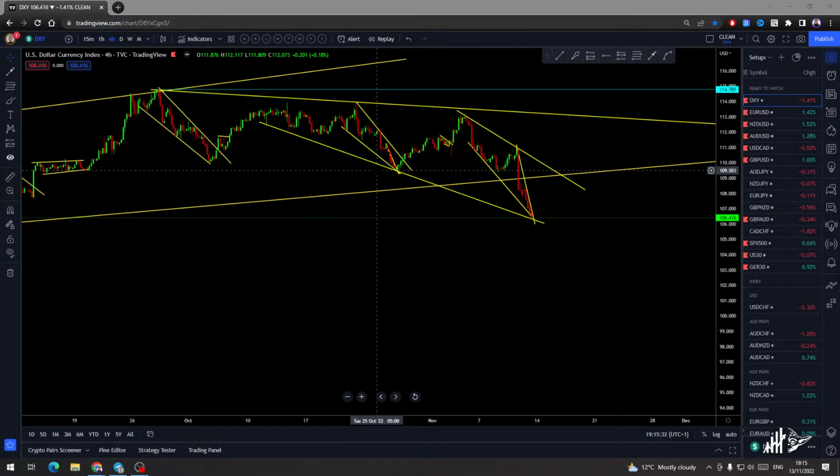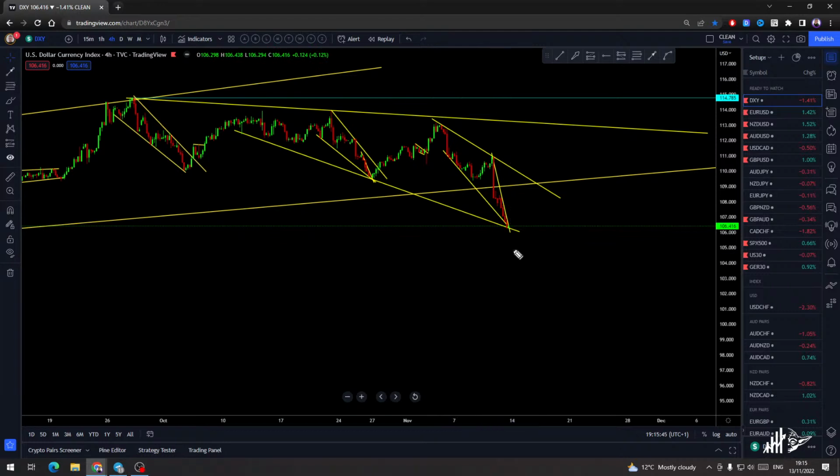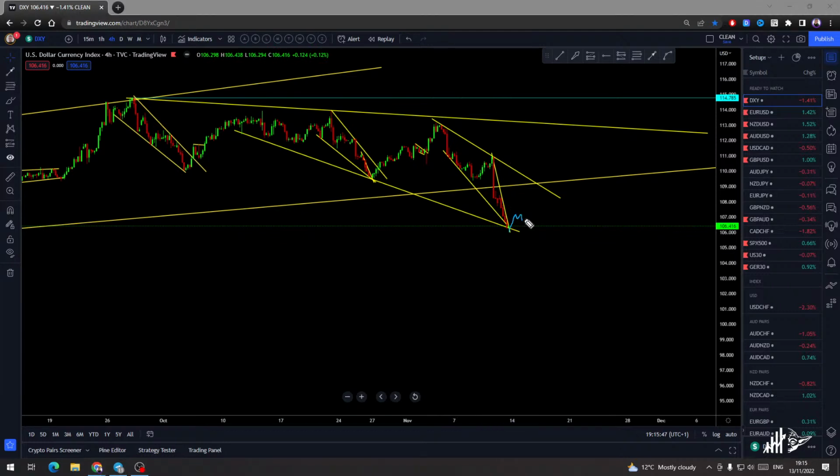For example, we have a question: how can we as beginners know when we should buy the next impulse? You will need a setup. You have to watch the lower time frame. You will see the lower time frame correction, impulse and correction, and then they will go. This will be your confirmation. This is how you will know when you should start buying or selling, but in this case buying.